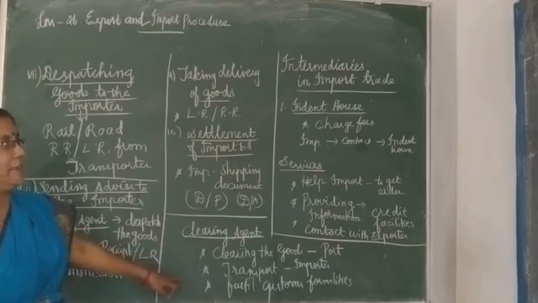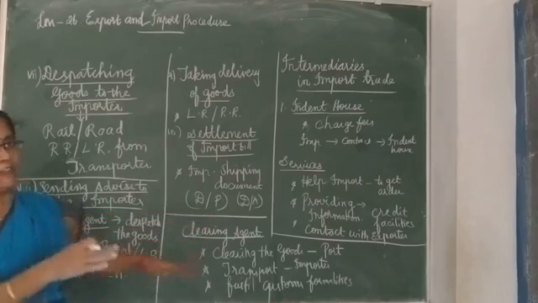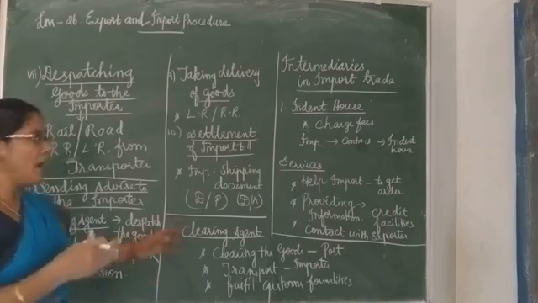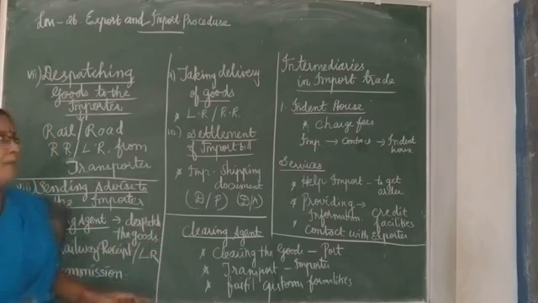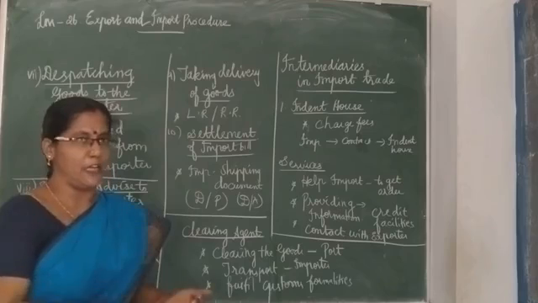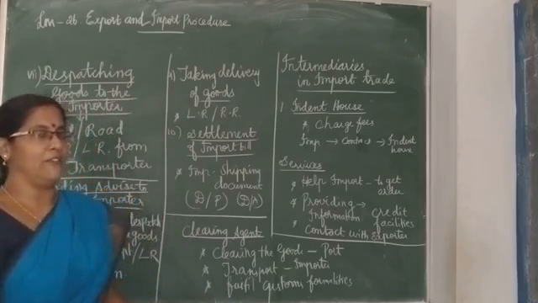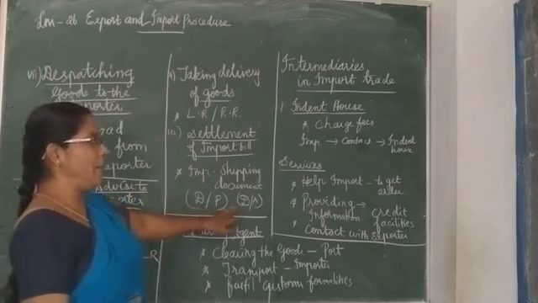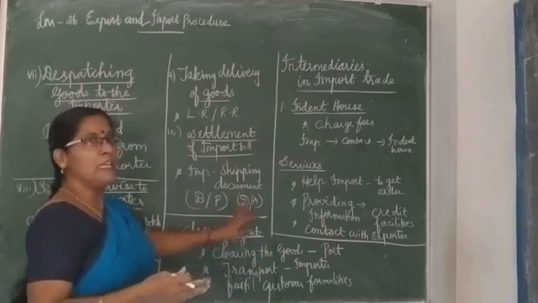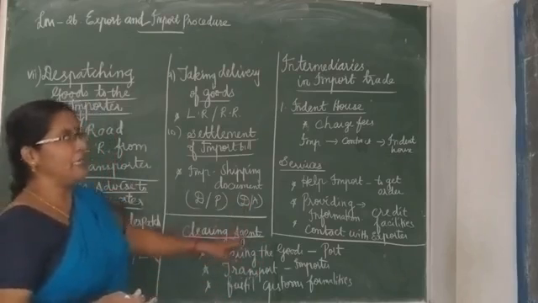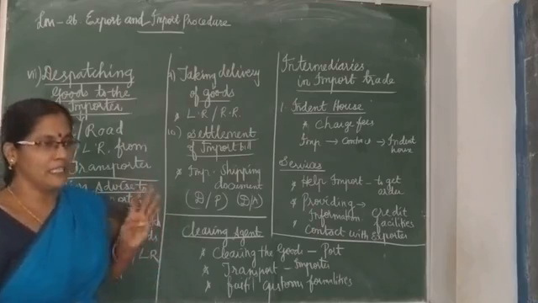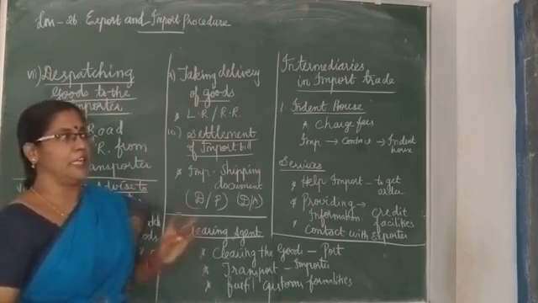Then what are all the intermediaries? Whether he is going to give the bill of exchange and settle the amount after the document against payment, or accept the document against acceptance and after that settle the amount. So depending upon the importer and exporter, they are going to settle the shipping bill. Already we have seen the intermediaries in exports: forwarding agent, commission agent and export house.